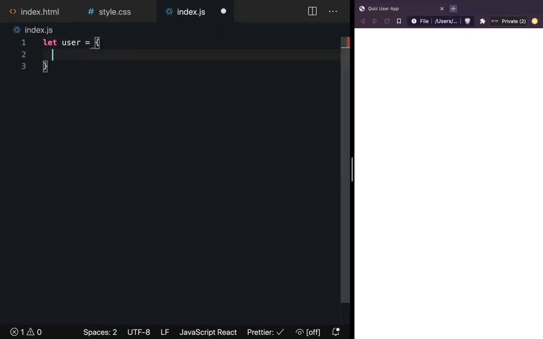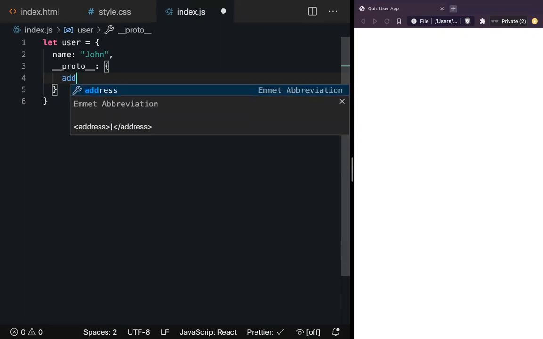So we have an object called user that has a property called name, and we have an extra property called __proto__. And here it's another object. What I'll do, I'll go ahead and add some other values here.